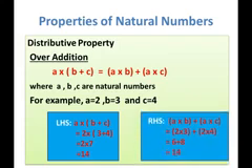Now let us see RHS. RHS is equal to (A into B) plus (A into C). Putting the values, we have 2 into 3 plus 2 into 4. Solving the brackets first, we have 2 into 3 equals 6 plus 2 into 4 equals 8, and 6 plus 8 is 14. So we can say clearly that LHS and RHS both are equal. This proves the distributive property over addition.